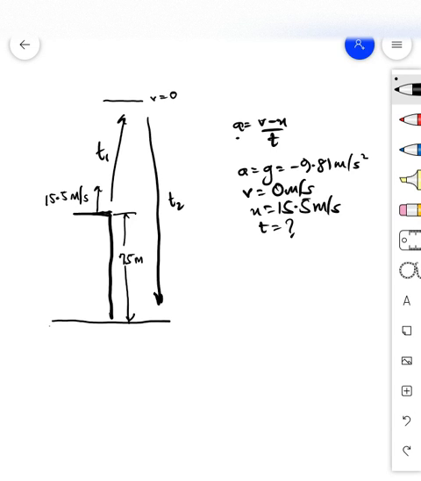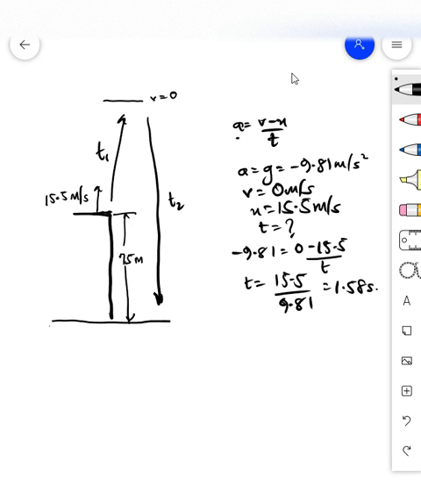So here, minus 9.81 equals (0 minus 15.5) over T. So T will be equal to 15.5 over 9.81, which equals 1.58 seconds. This is T1, of course. Now to calculate T2, we use this formula. To calculate T2, we first separate